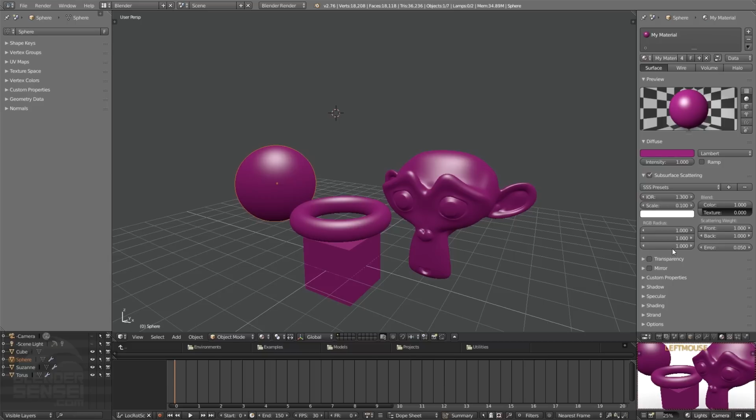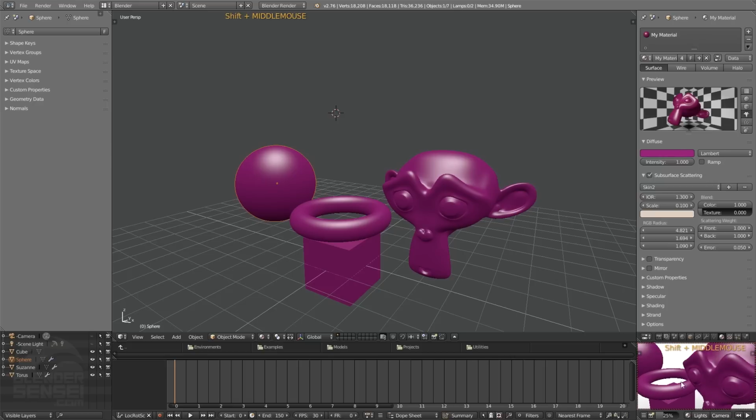So we've got a bunch of different settings here we're not going to really get into, but there are some sweet presets here such as apple, chicken, cream, skin 1, skin 2, etc. So for instance, if we were to change this to skin 2 here, we can see a little bit of a representation in the preview material, but not great. We can actually change the way these materials are previewed by clicking these objects here. Sometimes this can help a bit, so we could click the Suzanne head, maybe get a bit of a better idea. However, this is one of those instances where the default preview menu isn't super helpful,